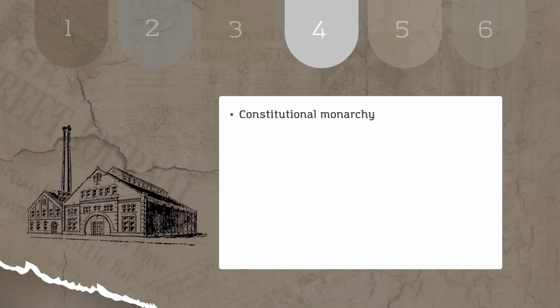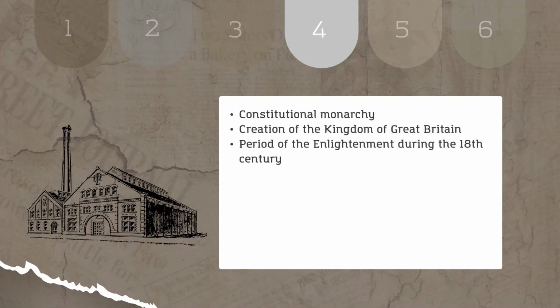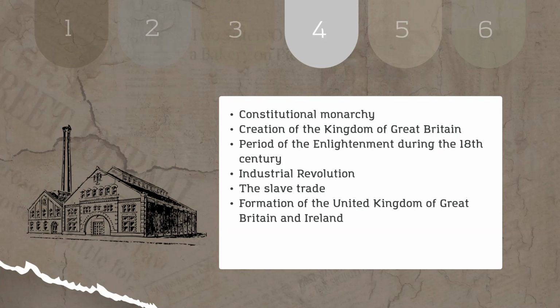Section 4 explores the creation of the constitutional monarchy, the creation of the Kingdom of Great Britain through the Act of Union by which Scotland adhered to England and Wales, the rebellion of the clans in Scotland, the period of the Enlightenment during the 18th century, the Industrial Revolution driven by the development of machinery and the use of steam power, the booming of the slave trade and its subsequent abolition through the Emancipation Act,